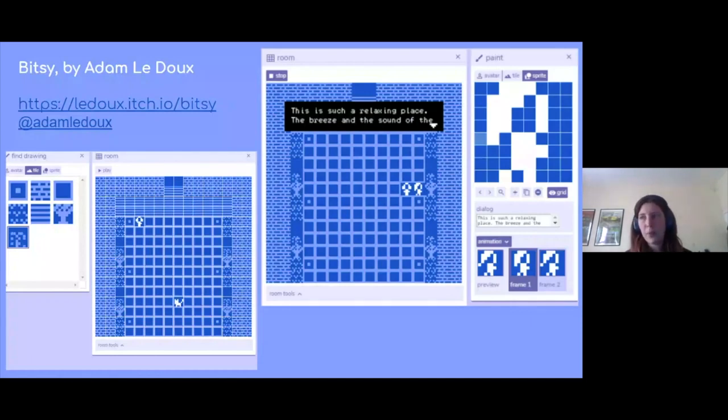And I know that other people as well use it for prototyping larger game ideas, even if they end up making that game in a different engine. So even if they end up making it in Unity or Unreal or something completely different, you can still test some of the world or maybe some of the simpler mechanics in a way that means you're not spending lots of time committing yourself to a big code base that you might then have to rewrite anyway. It's really good for getting a sense of a larger project as well.